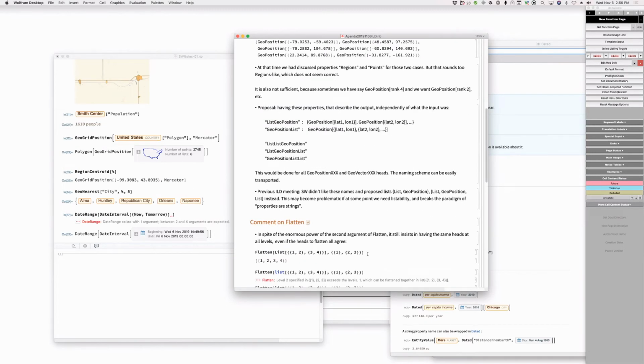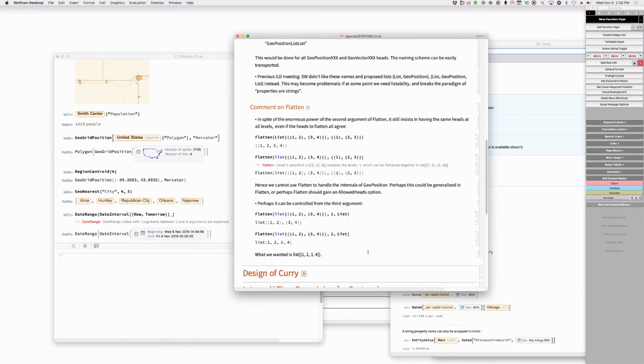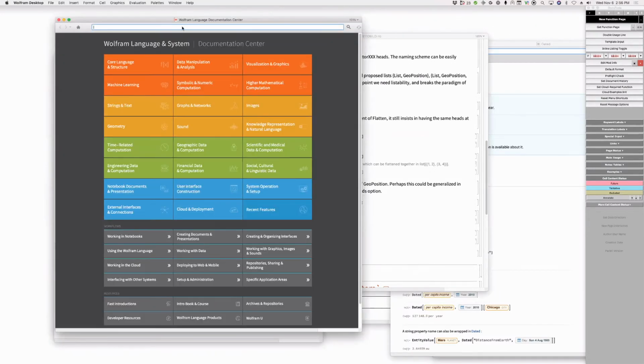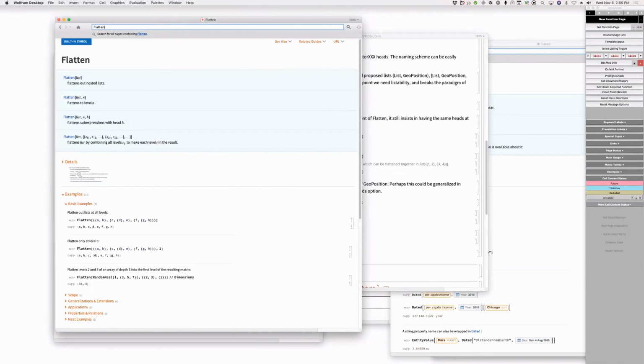And this is just a comment of, could we do this with Flatten itself? Unfortunately, we cannot, because Flatten refuses to act on heads that are not the top level head, which is a pity. Well, we could change that. I mean, what's the argument structure of Flatten? There's the second argument. It only took us like a decade to figure out how to do these later arguments. Okay, flatten cell expressions with head H. What's wrong with doing something with the third argument there?